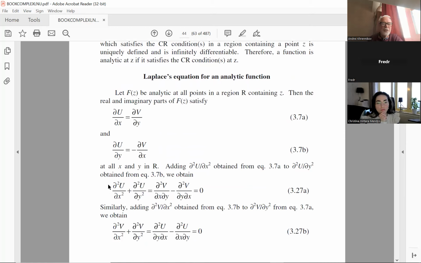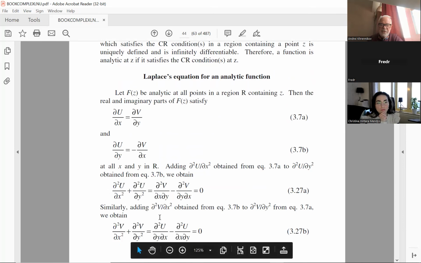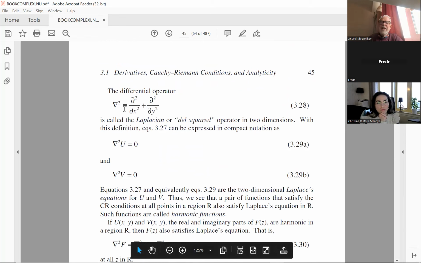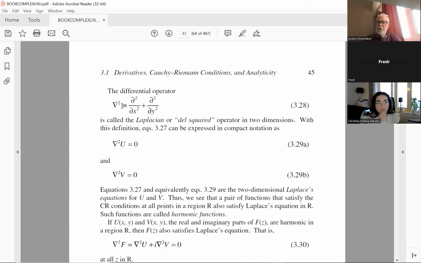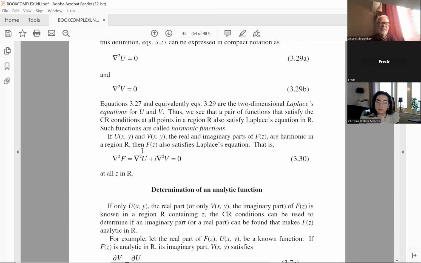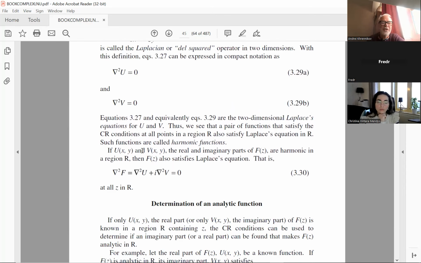It is important for those who work in applications. So this is equal to 0 and this is equal to 0. So we get the so-called Laplace operator. I think you will have the course of partial differential equations, or had it. This operator is called Laplace. It's typically denoted delta, but here they used the nabla operator. Nabla operator is dx, dy, and this is the scalar product of nabla. So we get these equations, and these are Laplace equations. These are very important equations in physics and for electrical charge and so on.